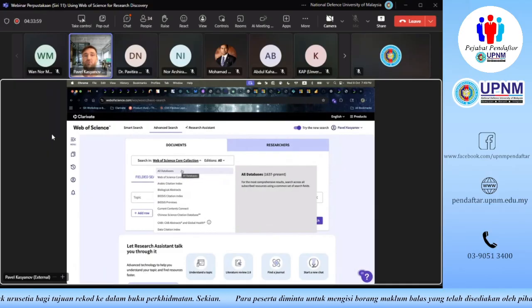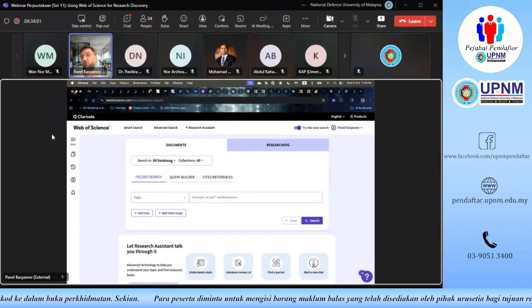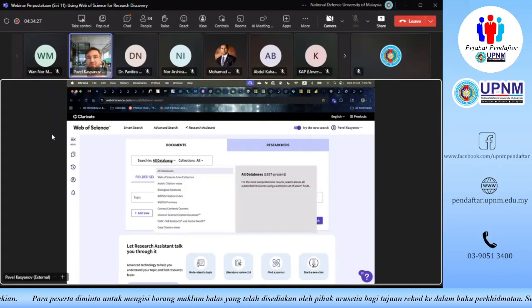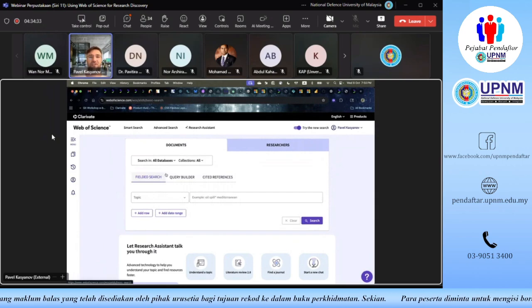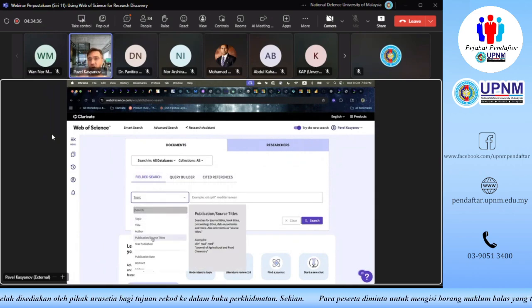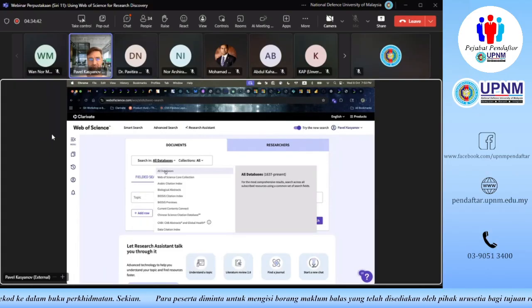You can also try to run a search on all databases, but I would not recommend you to do that just now, because it might seem that with all database search you might get more results with the same search query, but the ways you can analyze these results are going to be much more limited than whenever you're running a search on Web of Science core collection, just because whenever we're running a search on all databases, we're just running a search on the fields that are common across all the databases, and some of them might feature unique fields that others don't have. So that's why I would recommend you to start trying for Web of Science core collection.